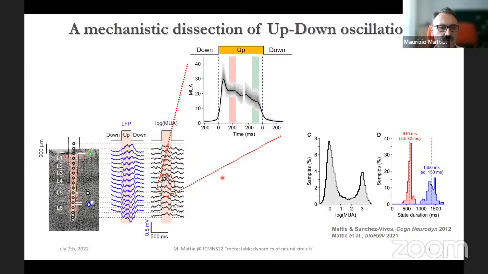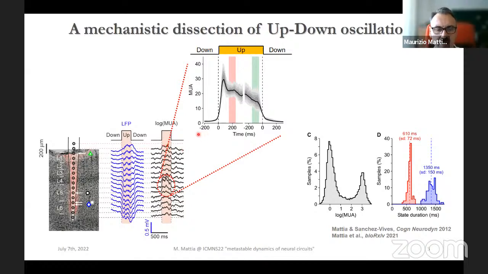And you can see that whenever you stick an electrode with several contacts inside the cortex, you see this up and down oscillation, this is a single cycle, both from the perspective of the local field potential and the multi-unit activity, which is a signal telling you how many spikes are produced by a cell assembly nearby the electrode per unit time. You start to see that, in particular in layer 5, it is rather apparent that there is a big increase of firing rate when this column is in the upstate.